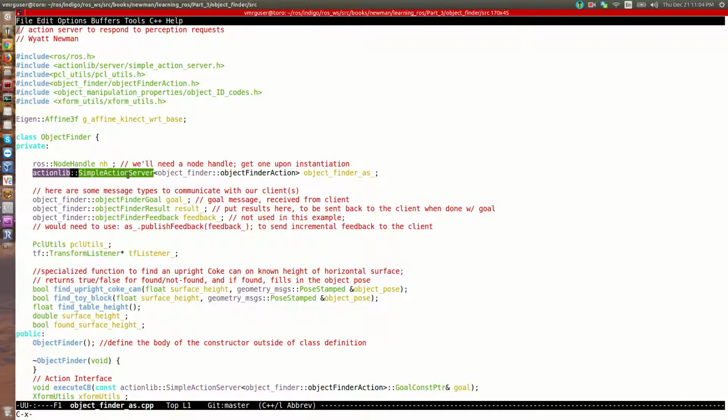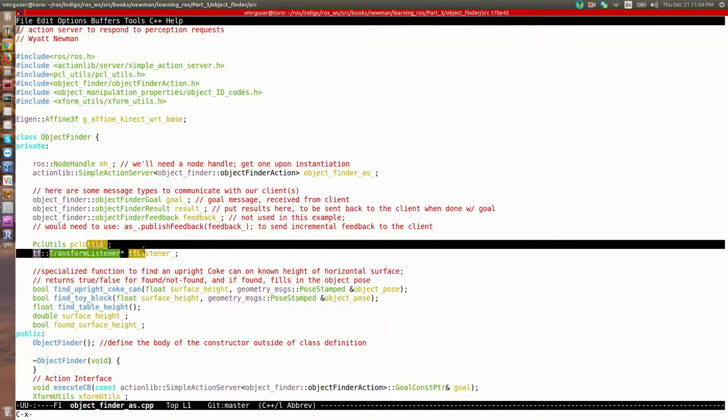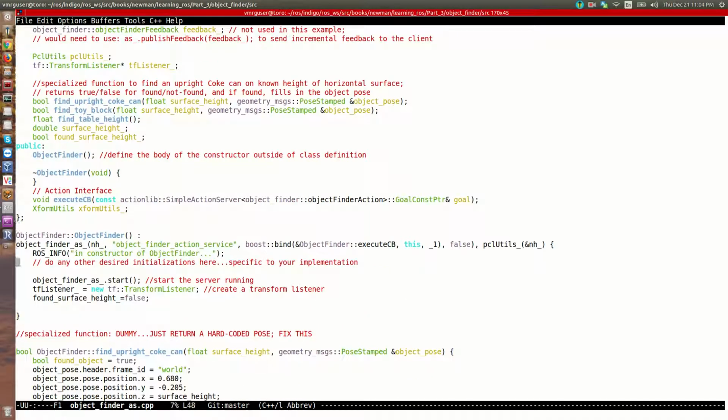Here's our simple action server, goal, result, and feedback. Two more classes from PCL utils and TF listener, finding the table, finding the toy. A callback as a public function, and then